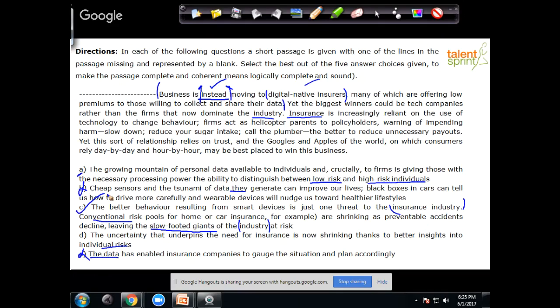On this one, one of the better options is to get into the habit of narrowing down and fixing your eyes on these hint words, clue words, and making sense of what you're doing. See, I really didn't read the entire thing. I didn't need to, because I don't have the time. I will not have the time in the exam to read this whole passage. I have to apply strategies like this.